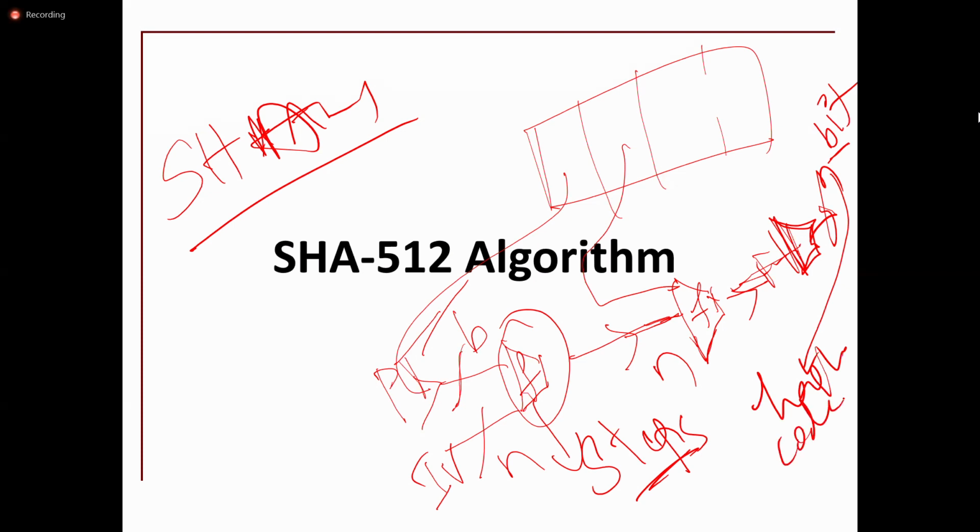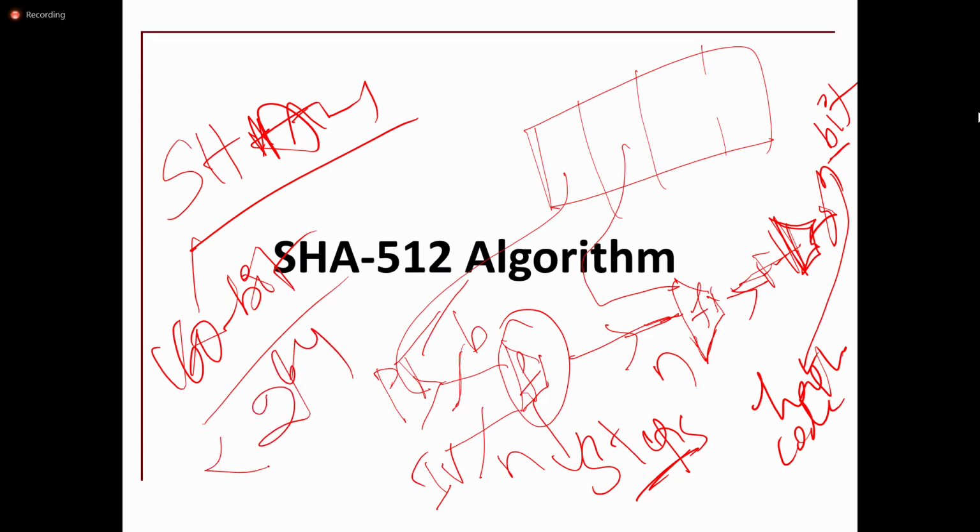The SHA-1 algorithm produces a 160-bit output, and its input is the message. It will not take an infinite length message. Instead, the message length for the SHA-1 algorithm is less than 2 power 64 bits. Maximum size is less than 2 power 64 bits. As I said, the plain text will be divided into blocks. The size of every block will be only 512 bits, and the initial value will be 160 bits in length. That algorithm we discussed in the last session.